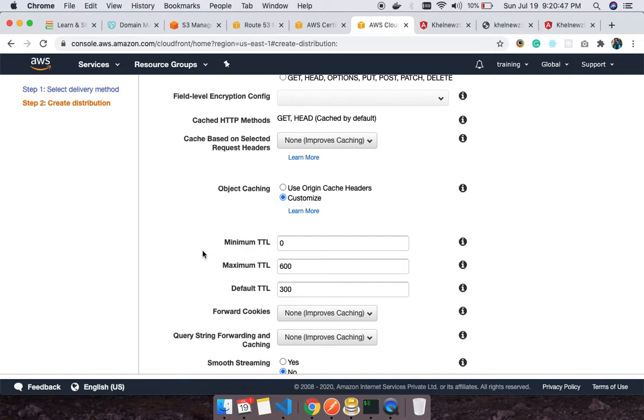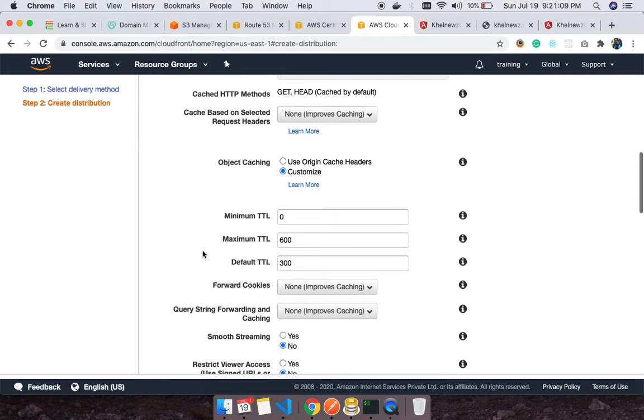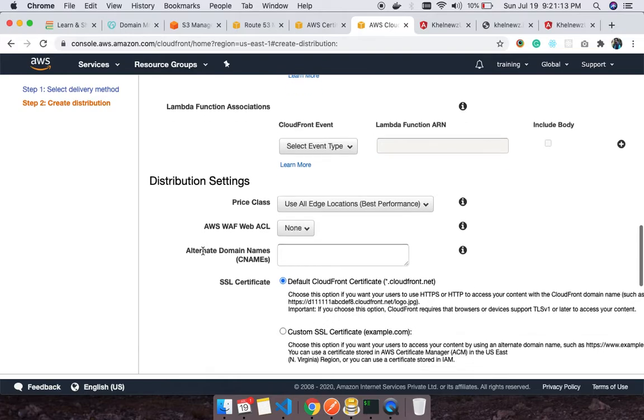I mean, what will be the best practices when you are hosting your web application, when you want to make sure that it shouldn't pick from the cache, instead it should go to your actual host and get the details. So this is all about your caching configuration, I would say. I'll keep all the settings as default.